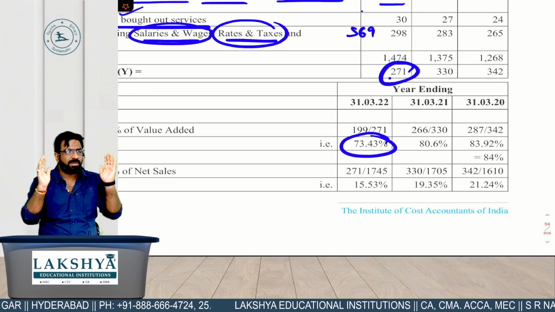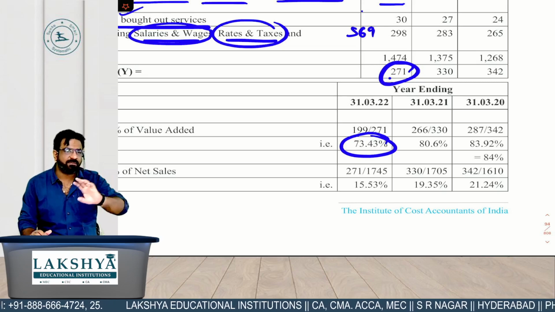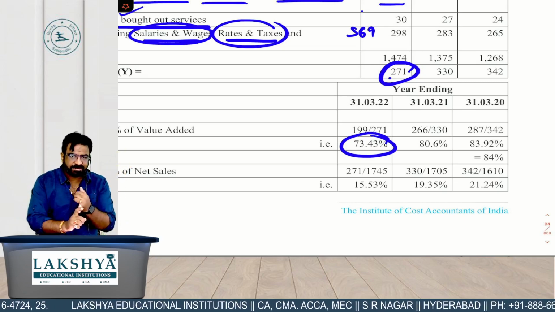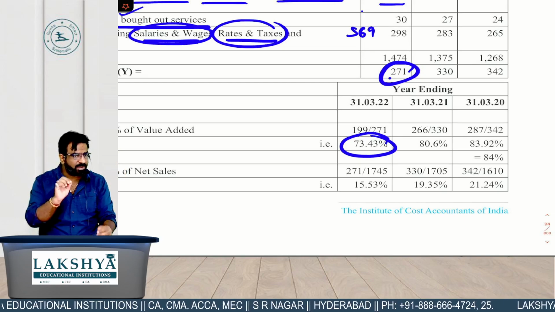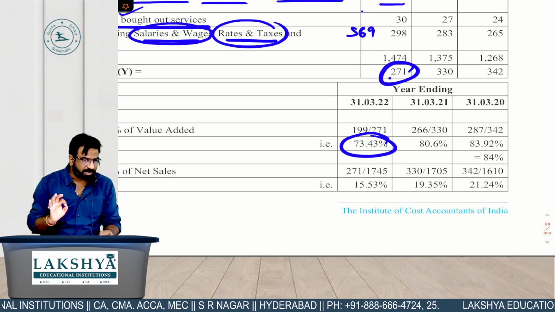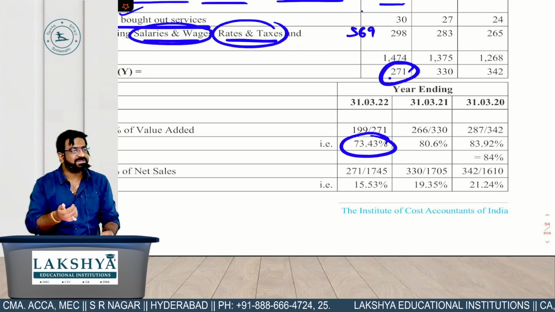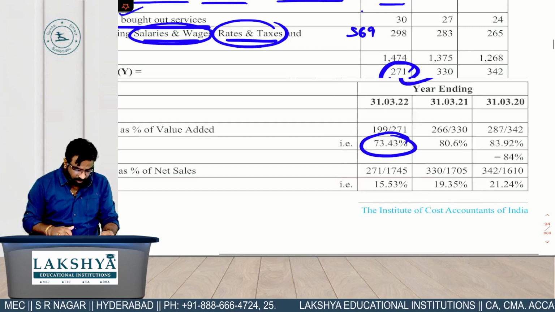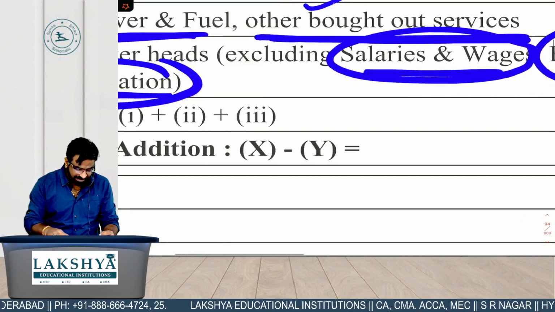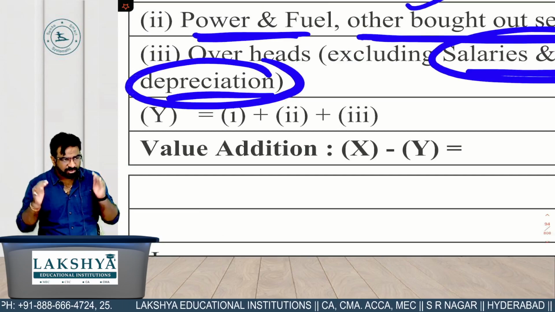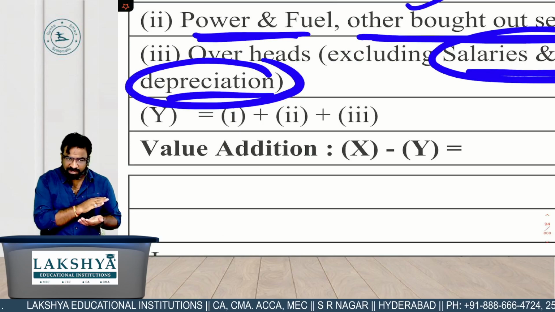So what is the overall output of this question you understood? While calculating the operating profit, what you don't have to consider? Interest, depreciation and taxes. Are you getting the point? But taxes के case में we are going to add the taxes while calculating the operating profit. Which taxes? Rents and taxes. What you don't have to consider in case of value addition? You don't have to consider direct wages, salaries and wages, rents and taxes, and what? Depreciation. Depreciation, though you already know the fact that it is a monetary item or non-monetary. So that is definitely not going to be the part.